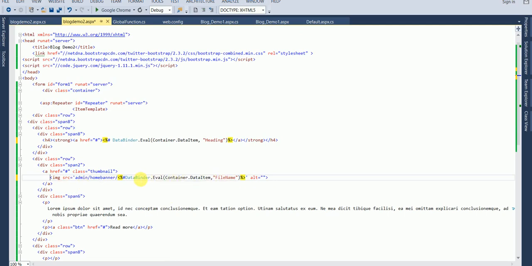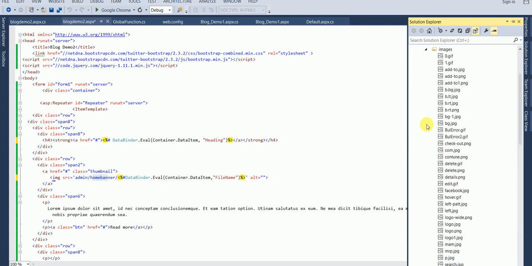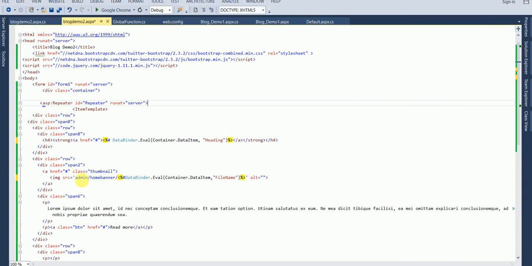Look, my image is available in the folder admin and home banner. I am storing my image in this location, so that's why I'm giving the path. This is the path where my image is actually available, and this is the file name column name.